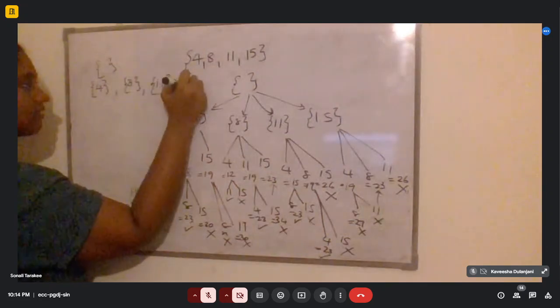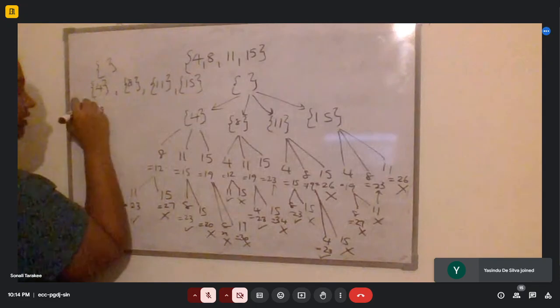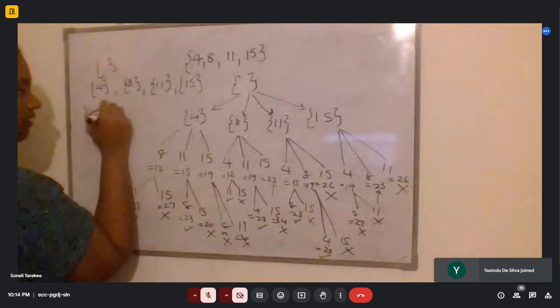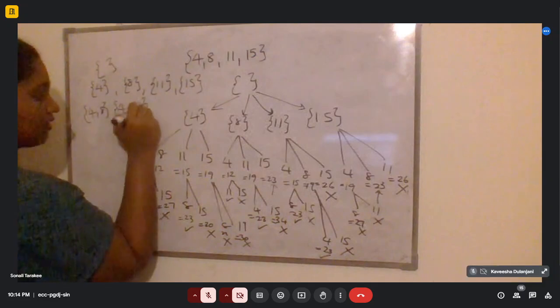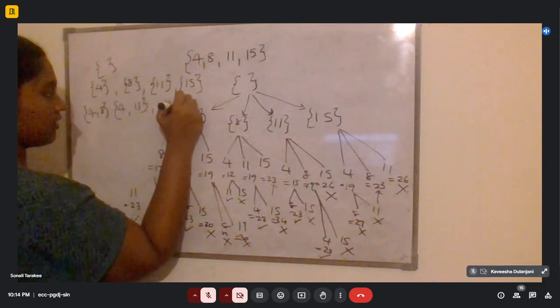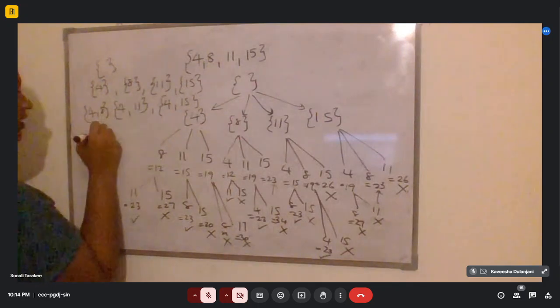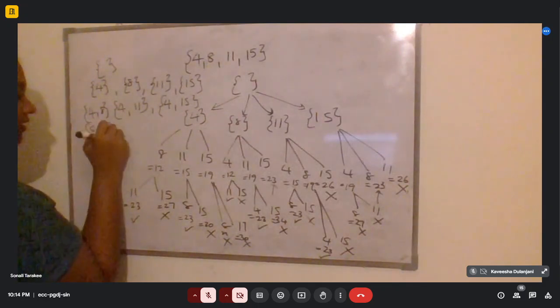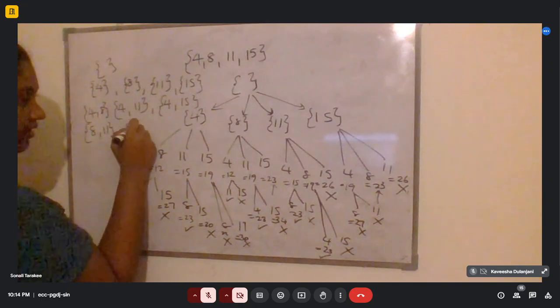11, 15, 4, 8, 4, 11, 4, 15, 8, 11, 8, 15,